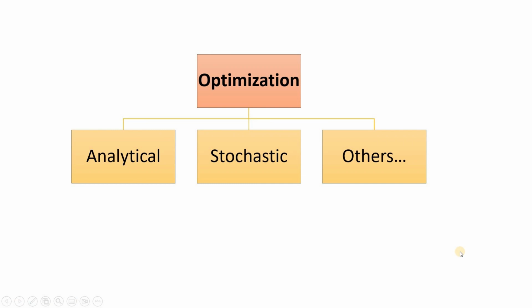We all know that optimization is very essential for our experimental conditions. There are various methods of optimization, like the analytical method, the stochastic method, and various others. In analytical methods, gradient descent is mostly used, and there are more. In stochastic methods, the genetic algorithm is most commonly used, and there are various others. Design Expert software is mainly based on the analytical approach, where we use an analytical approach to optimize our process